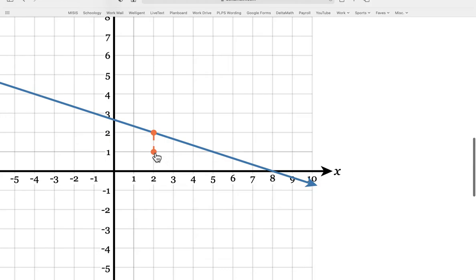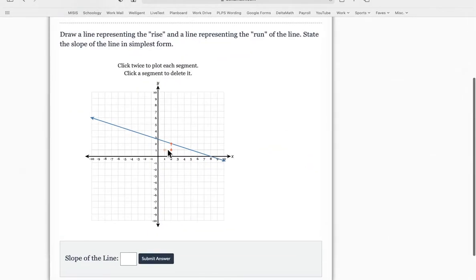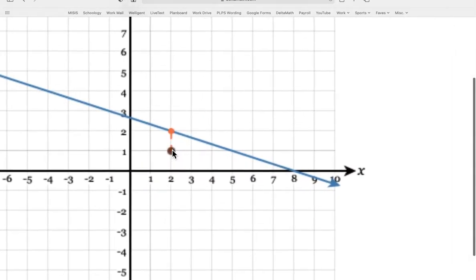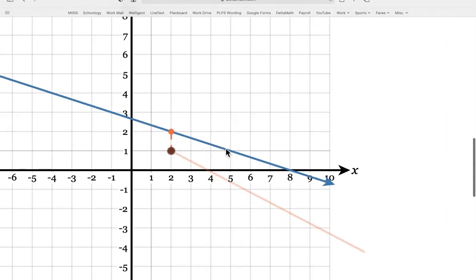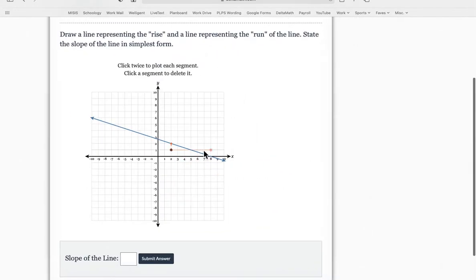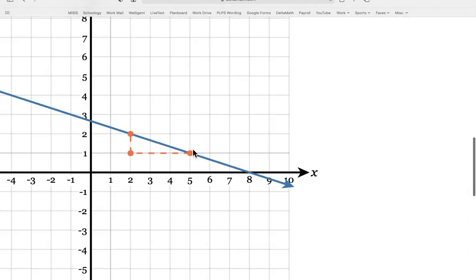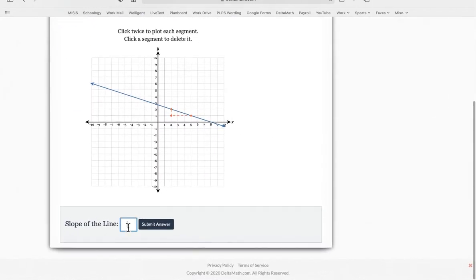So what I'm going to do is create another segment from here to here. So I need to click here again to start the new segment, and go 3 over that way to end the segment. So there, look at that. I went down 1, which is -1, and over 1, 2, 3. Down 1 and over 1, 2, 3. That means down 1 means